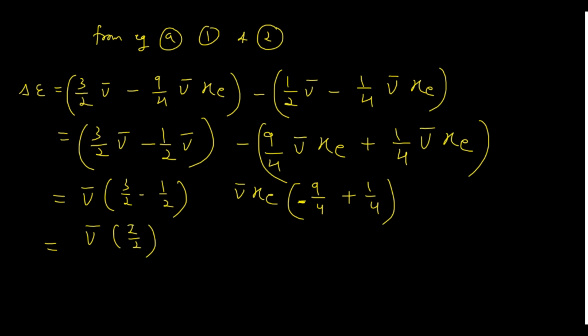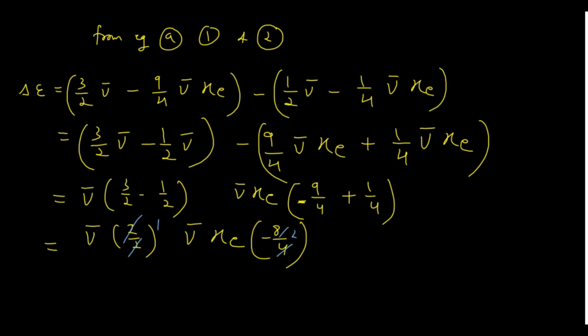You can take the LCM 2, and then 3 minus 1 is 2, okay, and after that you have nu bar of XE, and here you can write minus 8 by 4, there is no problem in that, you can take the LCM, minus 9 plus 1 will give you 8, okay, and if you cancel them, this will give you 1,